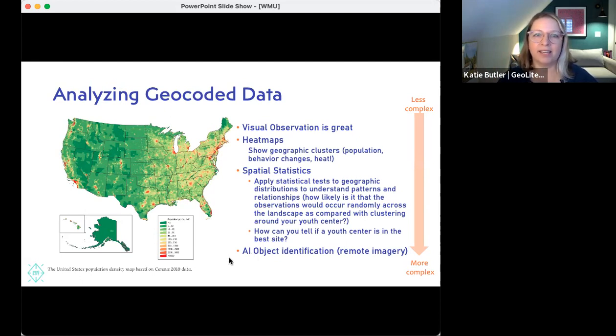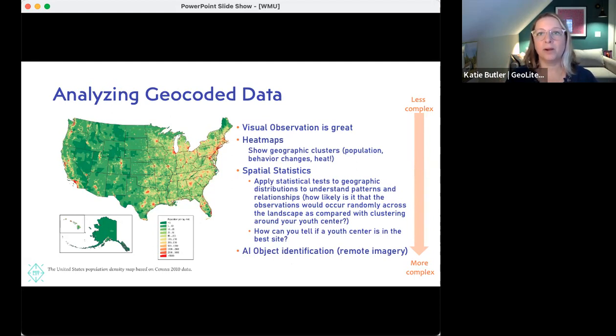The last item I'm just going to mention quickly is AI object identification, artificial intelligence object identification. There's so much. I've got a whole other presentation about this stuff. It's super cool. So you can train remote sensed imagery to identify information for you.